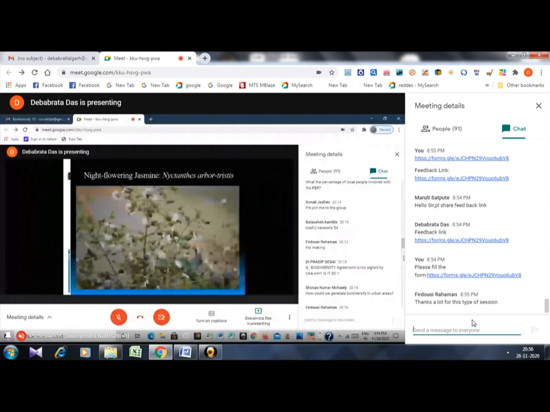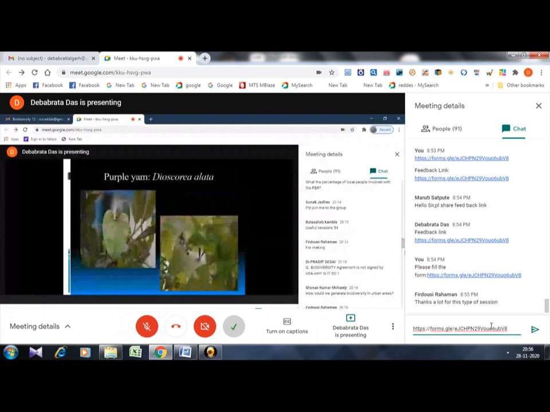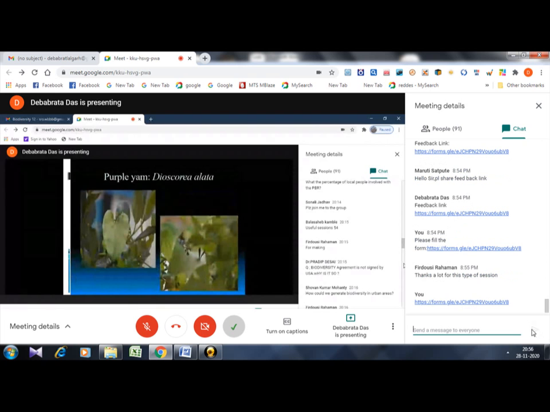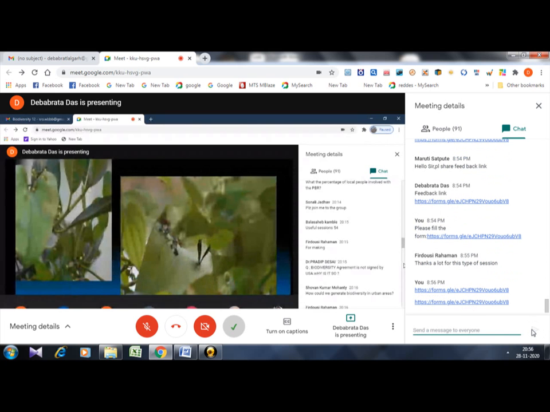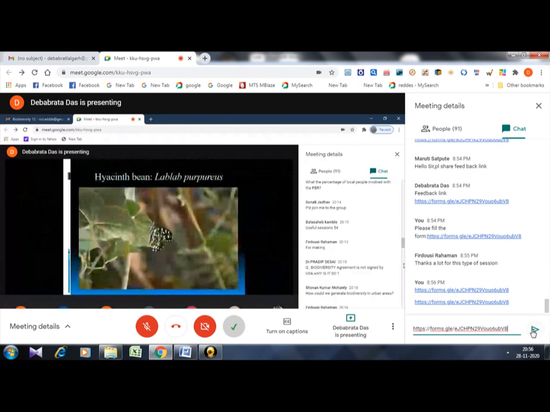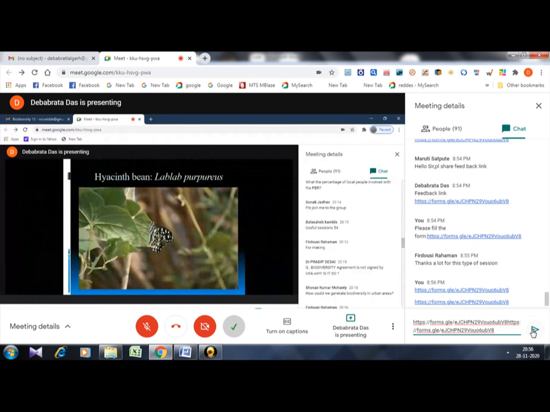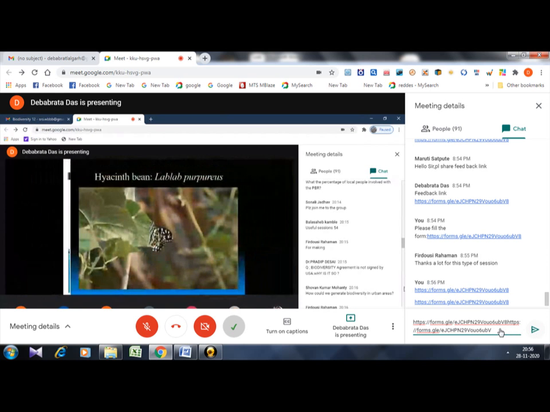Then purple yam. We have also eaten purple yam, right? We have eaten yam. You see the palm fly sitting here. Then hyacinth bean, Lablab purpureus. You have seen this plant, we eat the vegetable of this plant also. But you see the lime butterfly sitting here. I have never seen any butterfly sit on this, but very recently I saw this and took the photograph. The lime butterfly was sitting here and it was a new discovery for me.